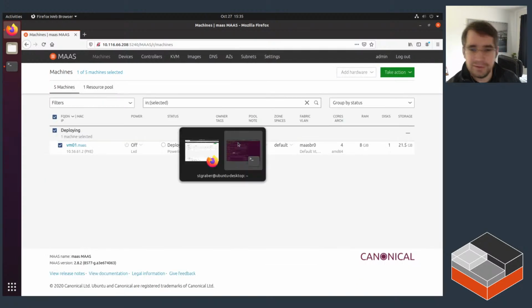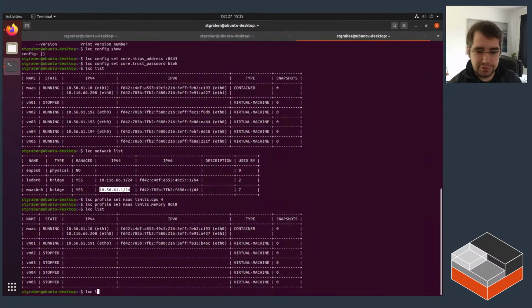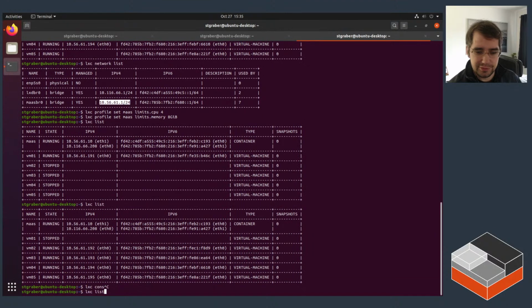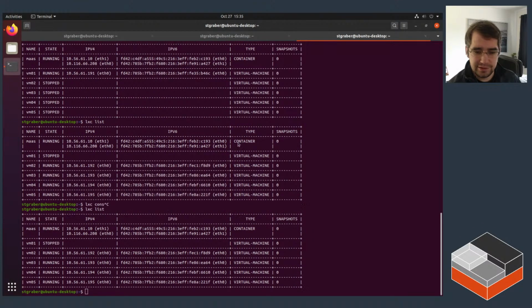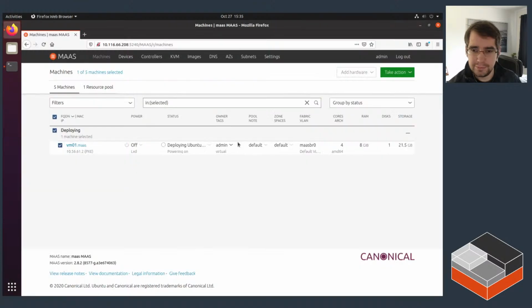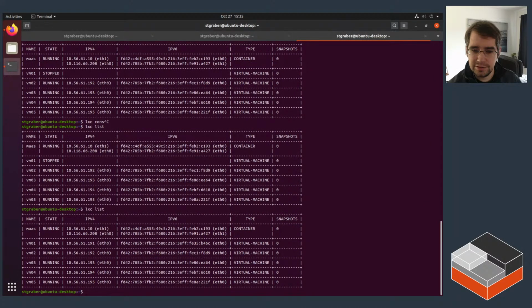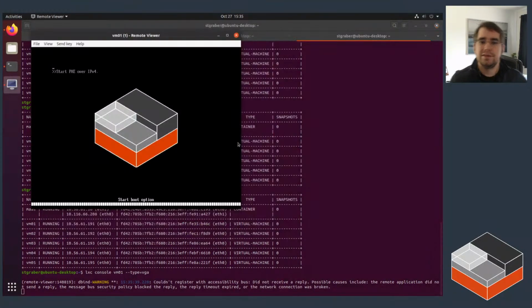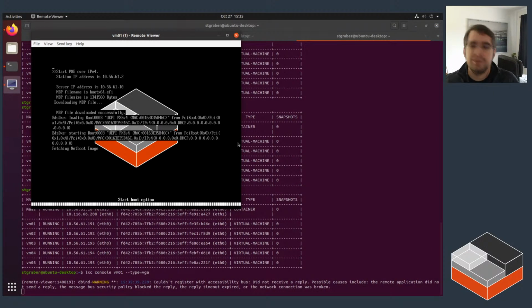If you want to keep an eye on what's going on, you can always attach with the console. So right now they're all running. VM01 is about to get started by MAAS. Like we see, it's powering it on. There we go. Now it's powered on. So if you do console VGA, you get to see it's currently starting PXE over IPv4. It's pulling